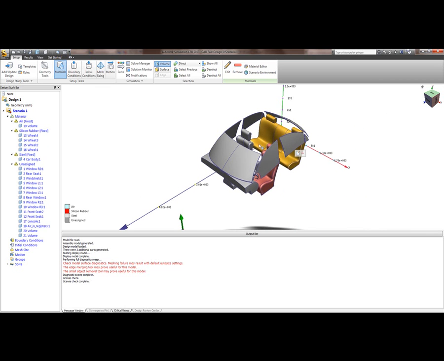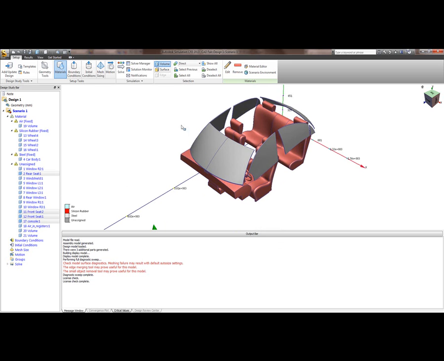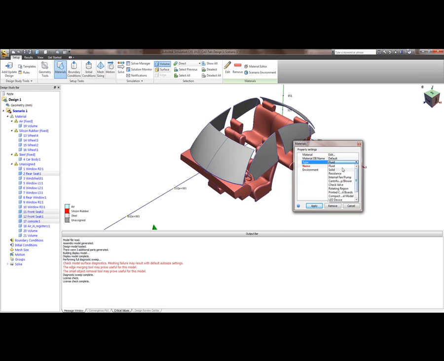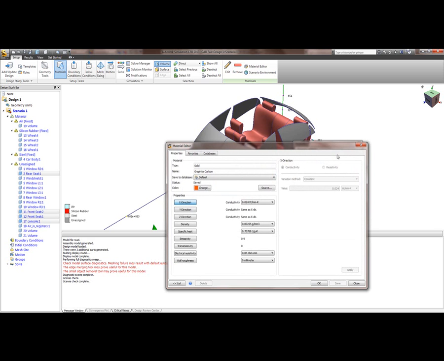And now I'm going to add the interior. So if I put the interior like so, again, edit the type, and I'm going to change this to a solid, and I'm going to put this as a graphite carbon. And before I change it, I'm actually going to go into the materials editor and I'm just going to